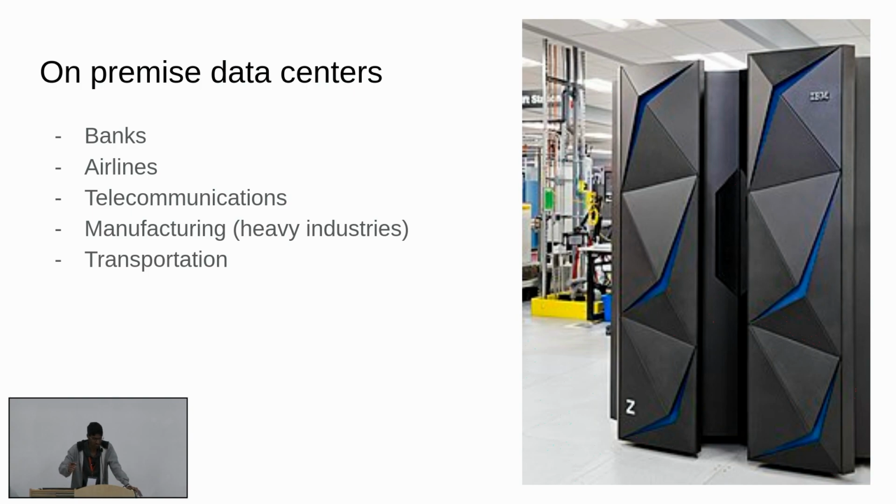And from the System Z point of view, every version has a responsibility to be completely backward compatible. So the code that was written in 1960 still runs 60 years later without changes, right? That's the kind of system. So this is never going to go on the cloud, right? This is the example I'm trying to give. Even though IBM offers System Z on the cloud, there are no new customers for it, right? It's always these old customers, and they are not going to move from their locations, for good reasons, right?